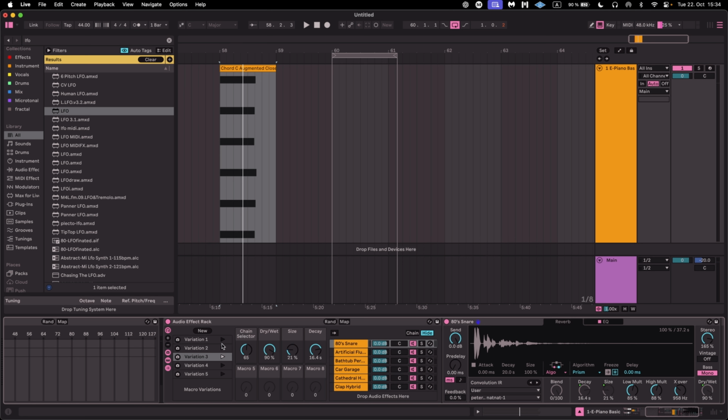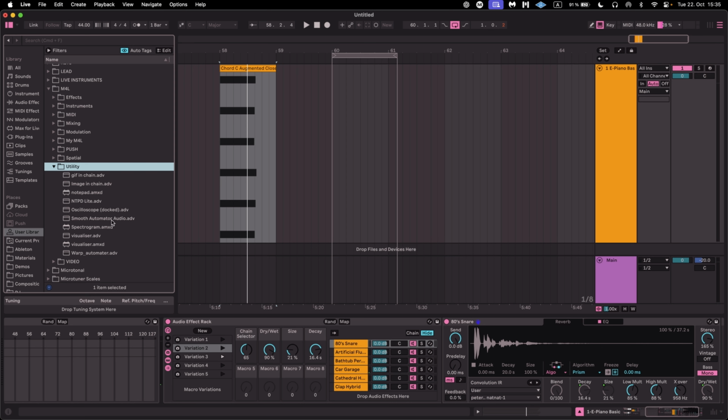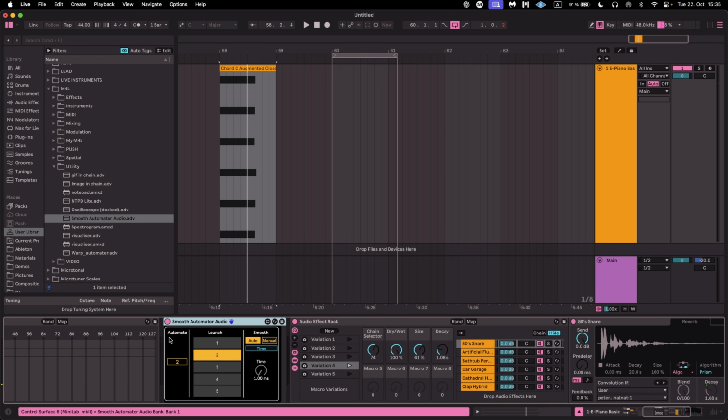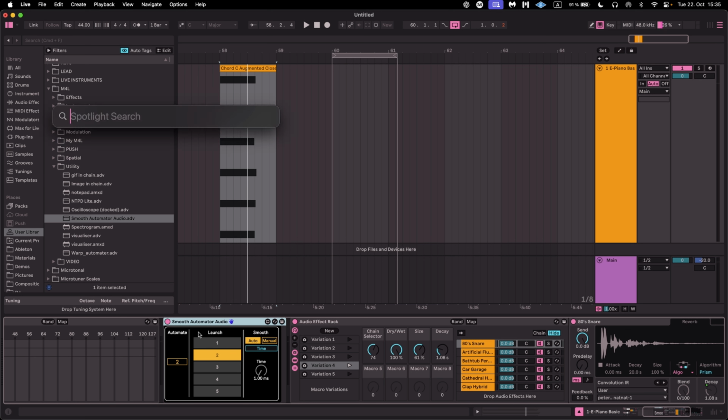What else is nice about variations? Oh, there's also a Max for Live device that I'll just guess is called Variations Smooth Automator. Found it. So yeah, it's also free. You can find it on maxforlive.com. We talked about it in the previous seminar. So if you just go to